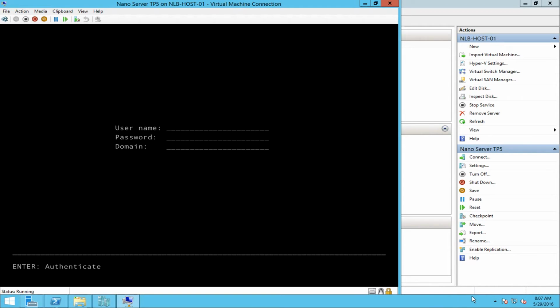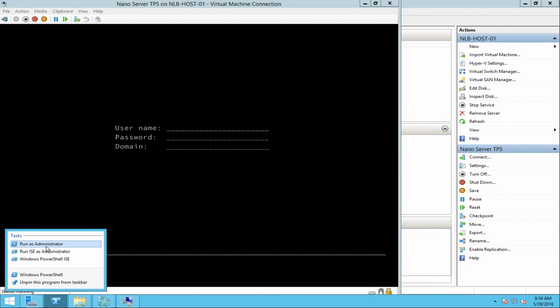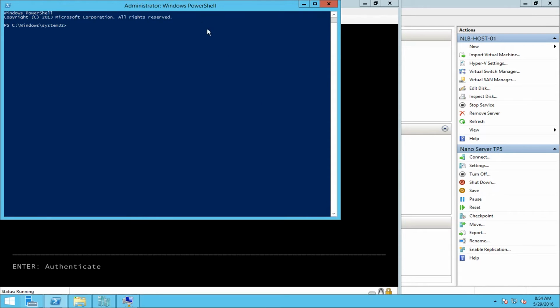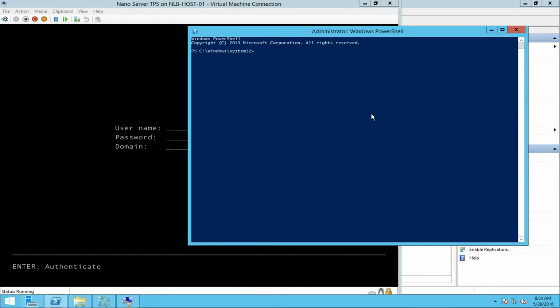and from there we are going to try and see if we are going to be able to install any online packages. I'm going to proceed by opening a new PowerShell window so I can connect to my Nano Server. So before you connect to Nano Server, if you watched my previous videos, you will see that we need to add the Nano Server to our trusted hosts, and this can be achieved by the command Set-Item WSMan: